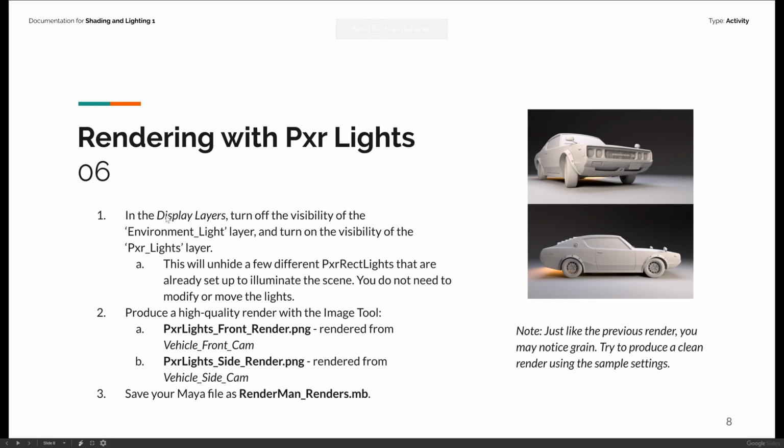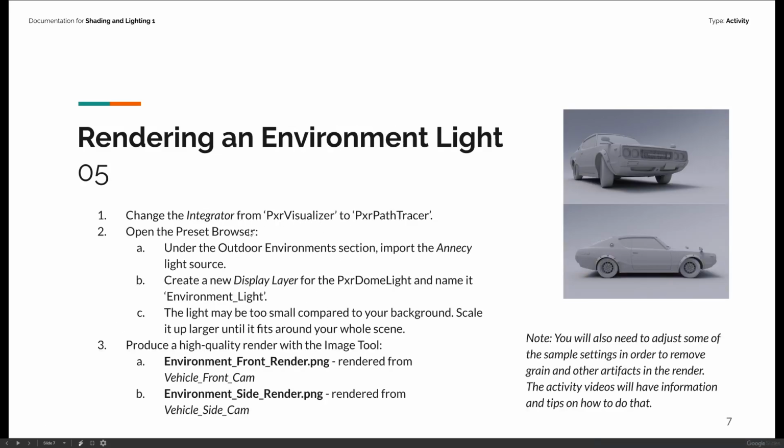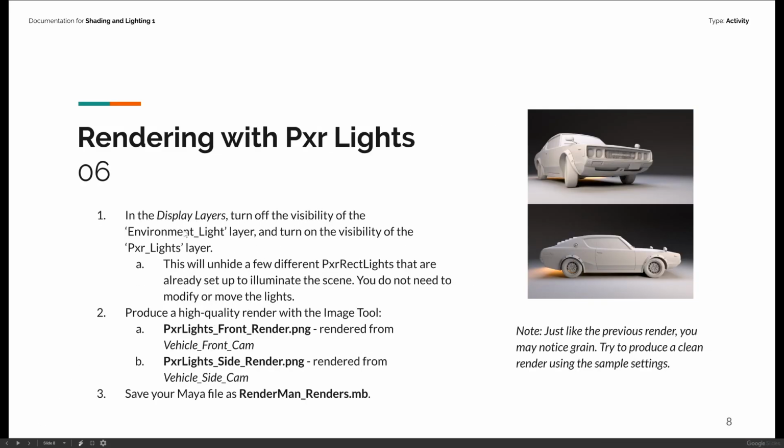So in your file on the display layers, you will have already made the environment light from the previous step. I have a video that shows you how to do this. So we're going to make sure we don't have the environment light visible. We'll just pretend we've already done that. We're going to turn on the visibility of the Pixar lights layer. It's going to unhide a couple different Pixar rectangular lights, which is currently what I have in the project. And they're already set up to illuminate the scene. You do not need to modify or move them. You don't have to change the settings. As long as they're visible and you have RenderMan working, it should work immediately, and you're going to see something